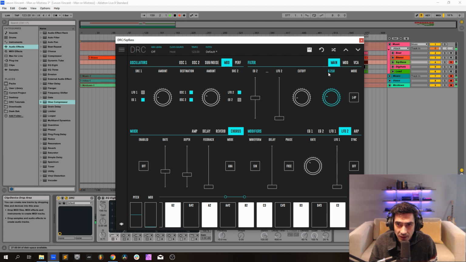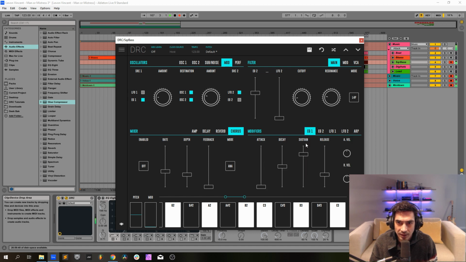198 on the resonance. 602 on the envelope generator 2. And let's go to the first envelope generator that controls the amplitude. 0 attack, 256 on the decay, 0 on the sustain, 399 on the release. Envelope generator 2 now, 0 on the attack, 238 on the decay,